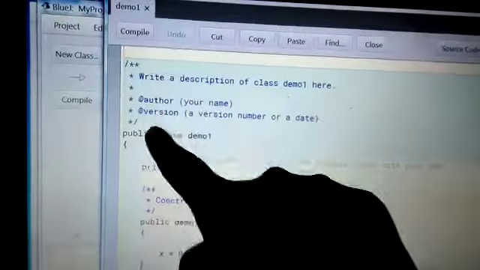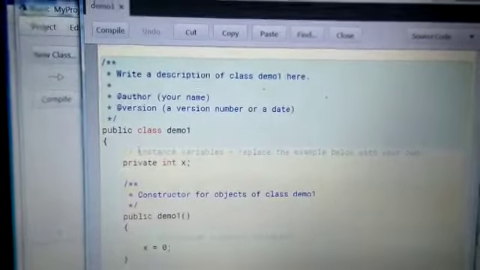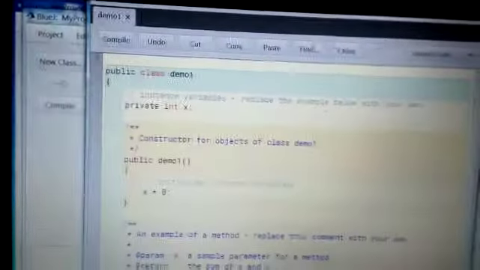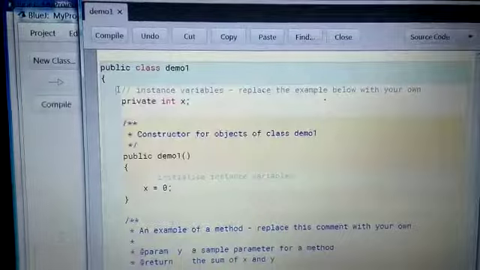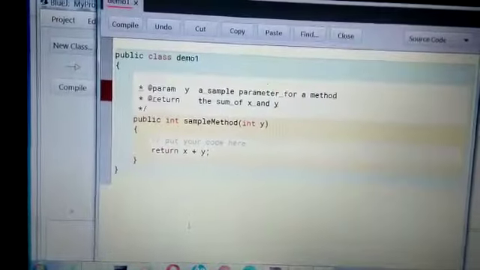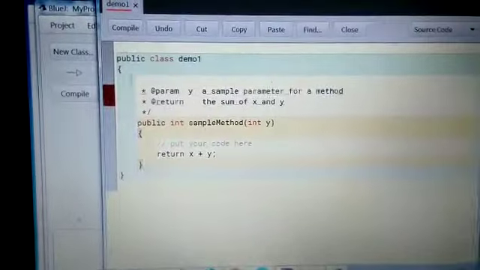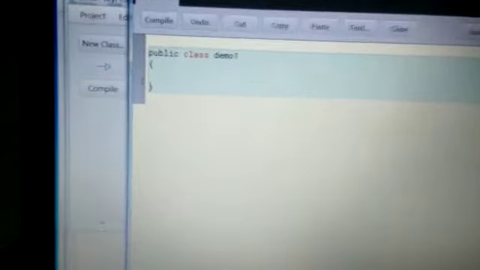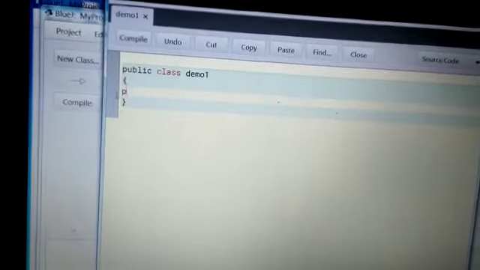These all are known as your document comments, which I think are not important to be here, so I have removed them. Also, I have removed all the extra code which is already written in the window. Why? Because we will discuss them later when we get the complete information about that. So this is the space where we have to type our code in BlueJ software.